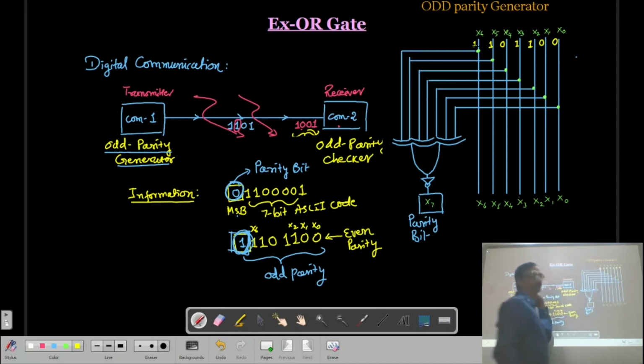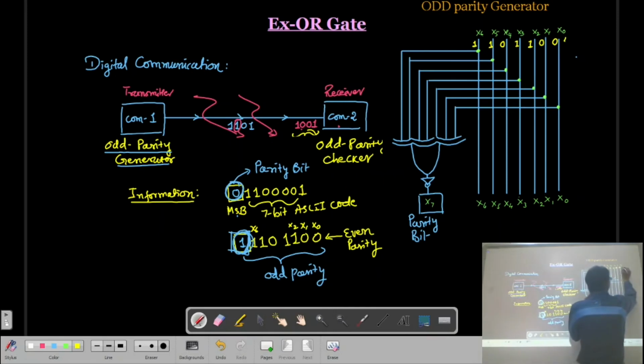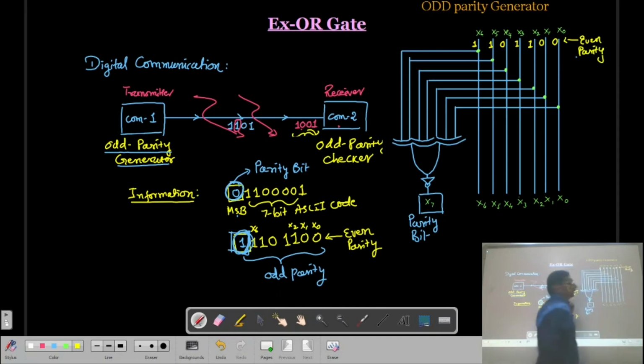This is the information with an even parity. Correct? Now here we are using a 7-input exclusive OR gate. This number is given to this exclusive OR gate and it is with the even parity.